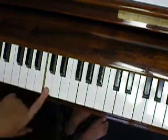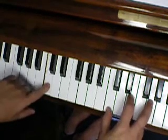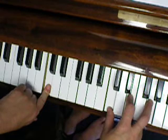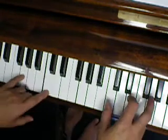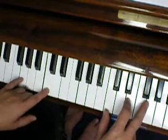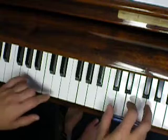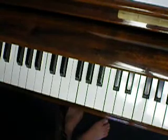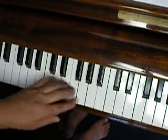Remember to always start on the 1 note, or the note that's the name of the chord, because that's what you always want to hear to anchor the sound in the chord itself. So with the boom chuck pattern, the right hand's doing the chords in between the boom and the chuck of the bass. Okay, got that? Okay, so that's the basic boom chuck, and again, we're doing this all with a C chord,